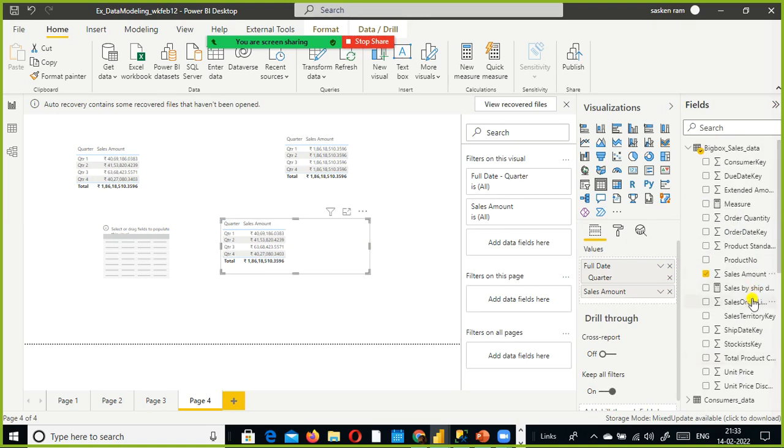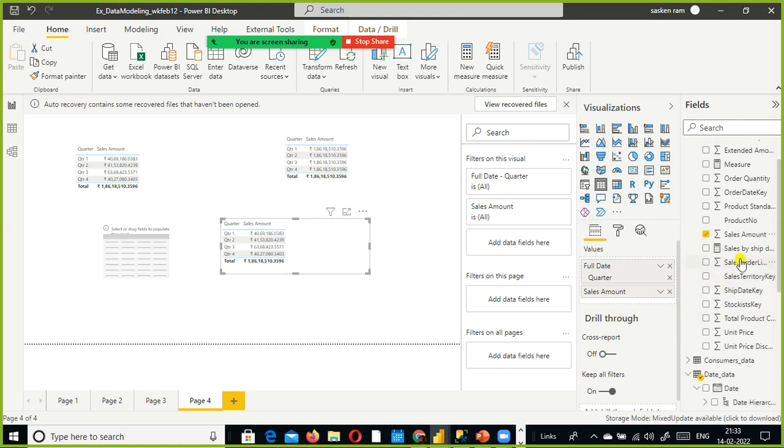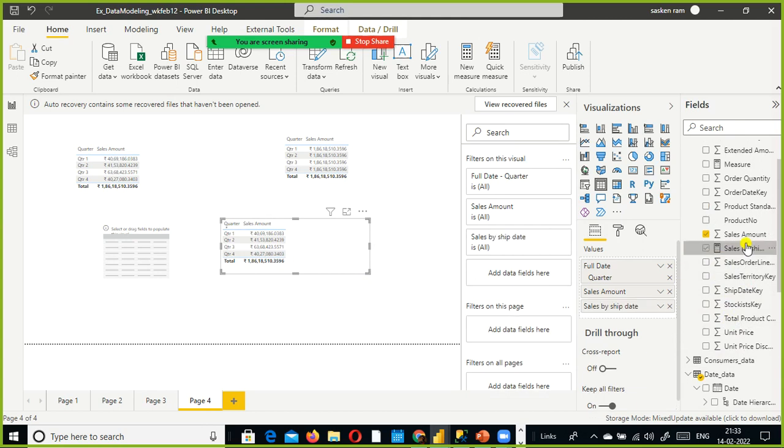and what I do is I'm going to select this, which is sales amount by order date. The measure, this is the one, this is where we temporarily activate the inactive relation by active relationship. So now we can combine sales by ship date and sales by order date. We can see it, right?